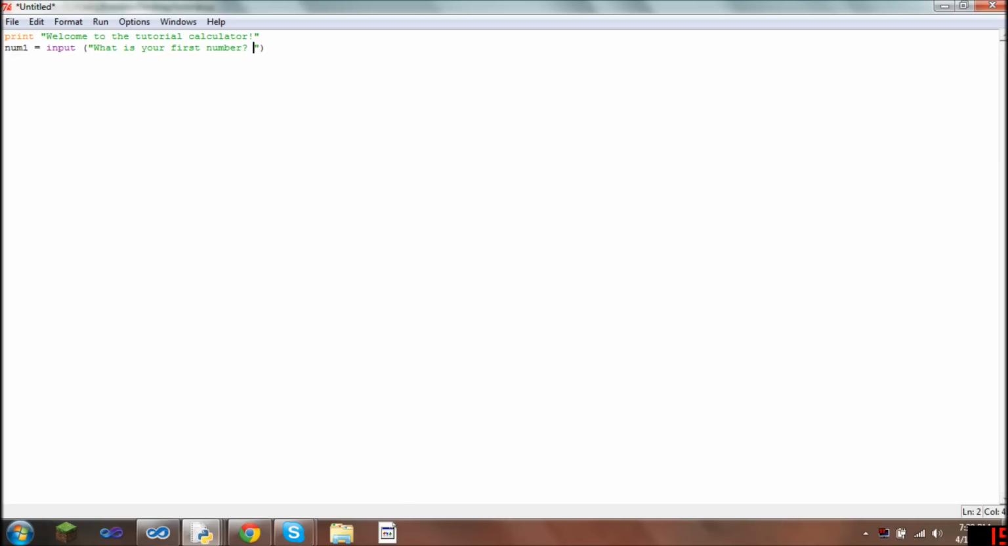For now, this is only going to be a calculator that does addition. Num2 equals input, what is your second number. Oh, and you make sure to put a space at the end of this, otherwise it'll look kind of bad when it's running. So then do num1 plus num2. This is only going to be addition. I think I said that. And then do raw input, press enter to quit. So then what you can do is you can run this, run the module, save,